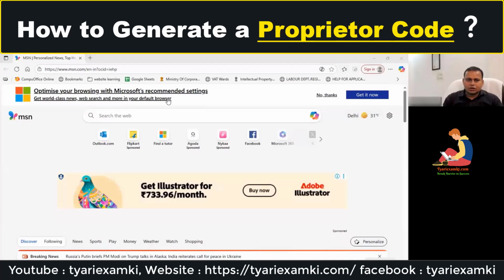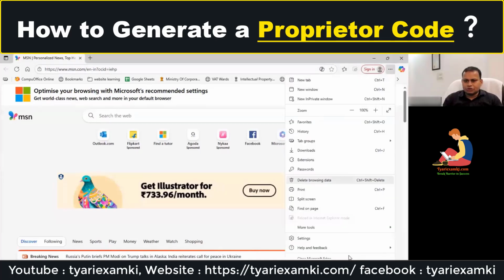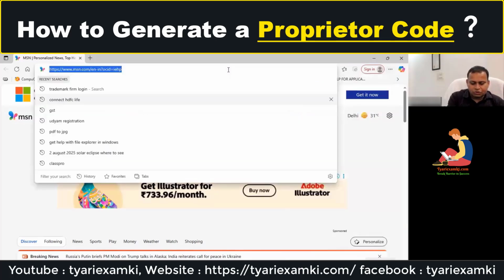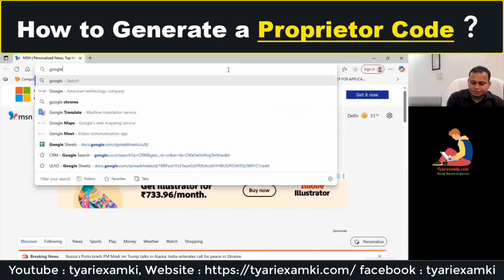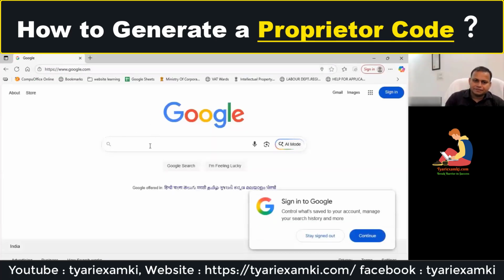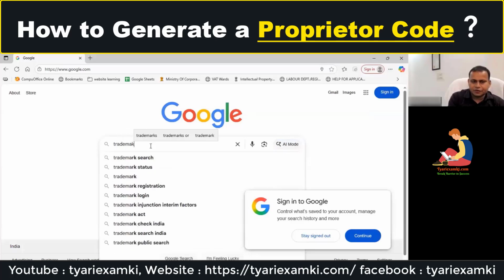Right now it is in Internet Explorer mode. When you click on this three dot button, it will say reload in Internet Explorer mode. So after that, you need to again go to that website,